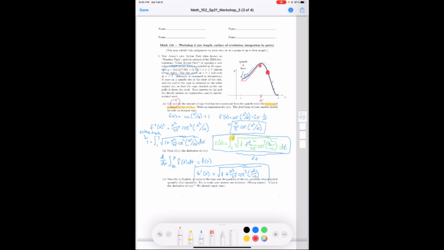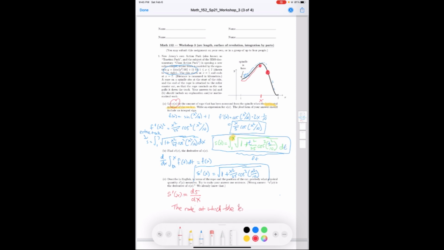The thing to recognize here is that derivatives are rates of change. It's a rate that something happens per something else. S prime of x can be written in other wording as ds over dx. You know this from Calc 1. So the idea is that what this is equal to is the rate at which